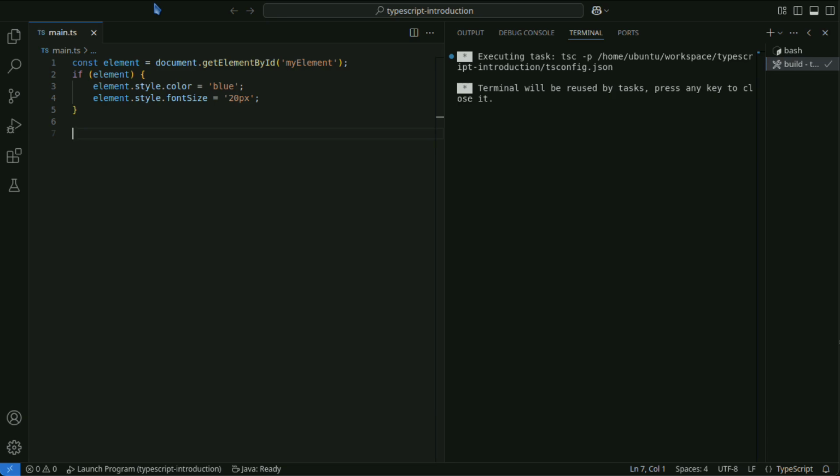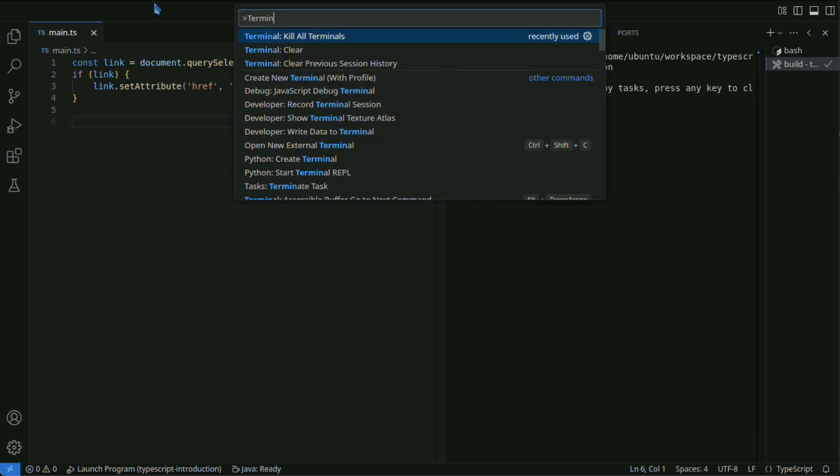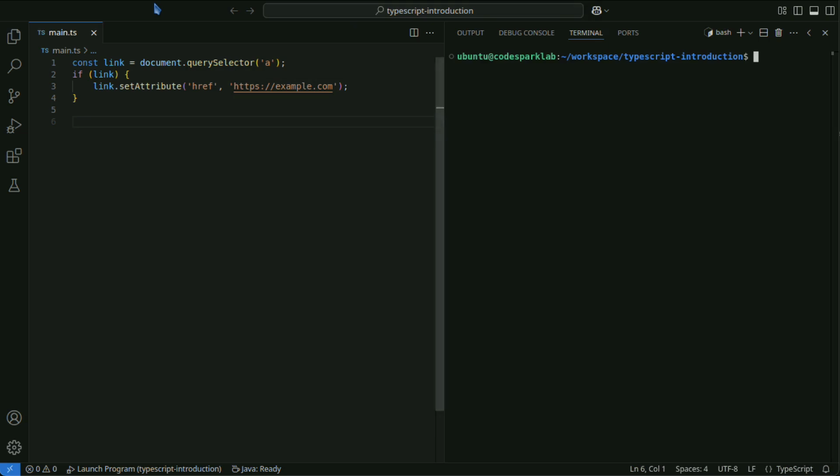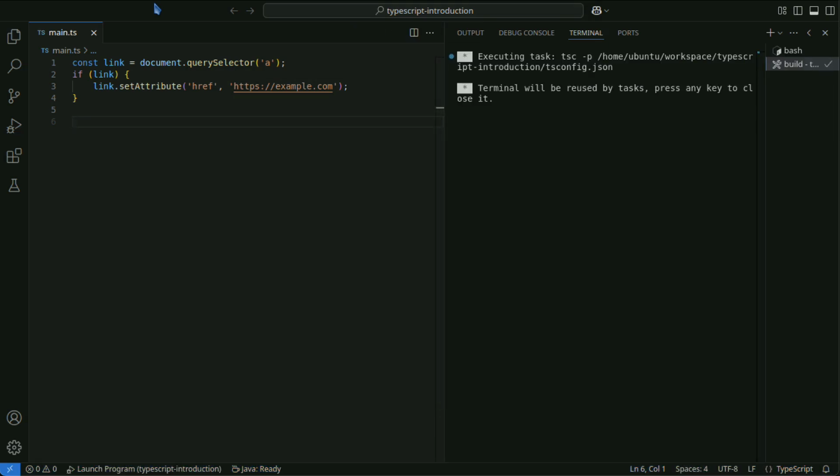If you want to change an element's attributes, use setAttribute. This code changes the href attribute of the first link element on the page to https://example.com.